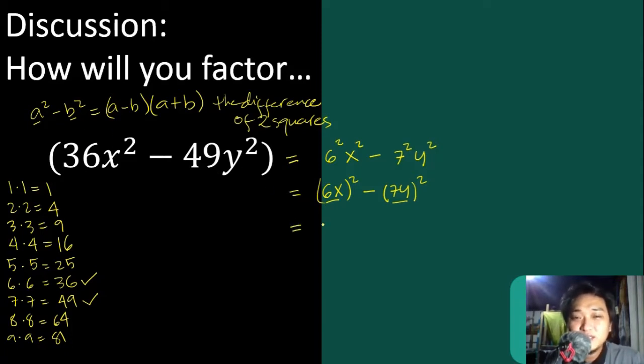So, ang gagawin na lang natin, i-express na lang natin sila as sum and difference, the product of sum and difference of two binomials. So, the factor will be 6x minus 7y times the quantity 6x plus 7y. O, diba mas madali? Kinuha natin yung square root ni first term, kinuha natin yung square root ni second term, and then we express them as